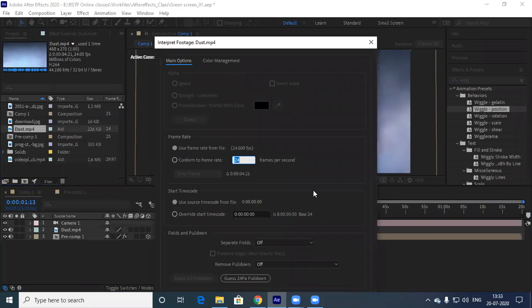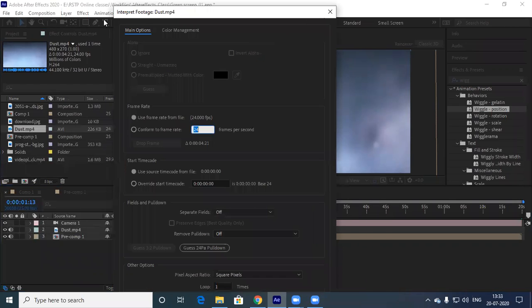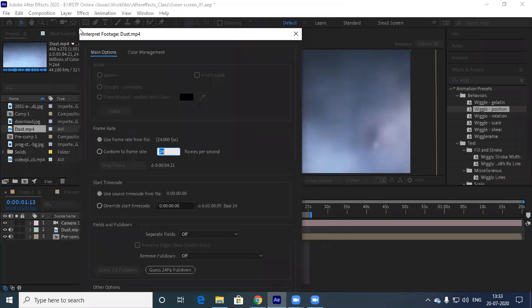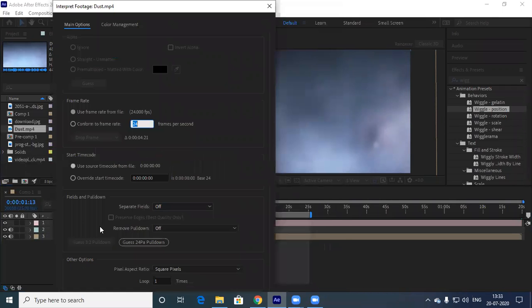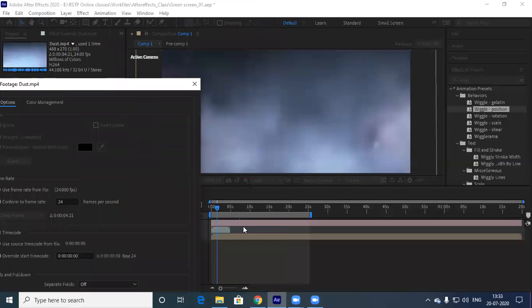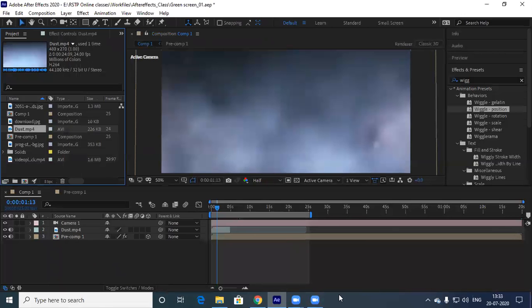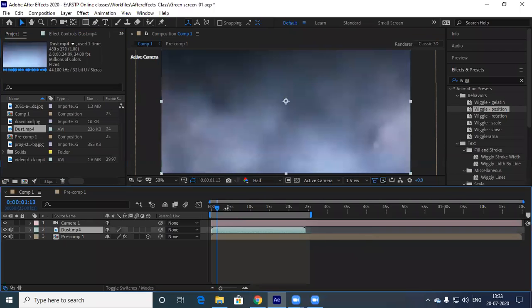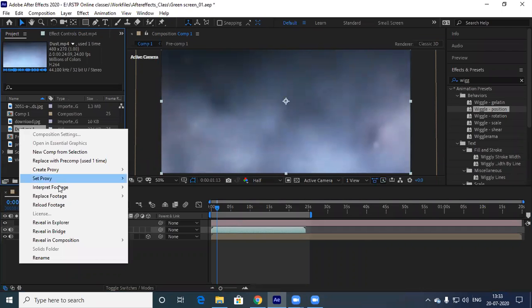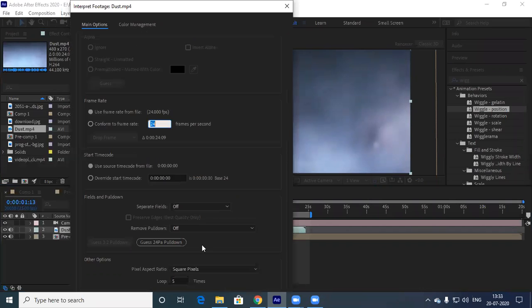Here, just come down. You have the option here, loop. How many times do you want to loop? Considering 1, 2, 3, 4, 5, I want this to loop 5 times, so I'll give 5. Press enter. One more time I want, so interpret footage main, instead of 5, I'll make it 7. Enter.